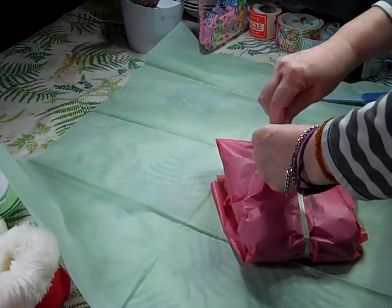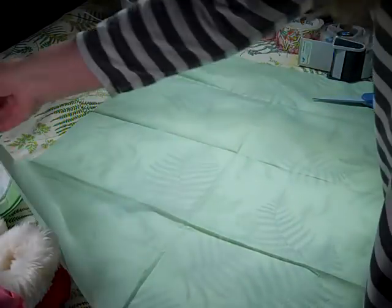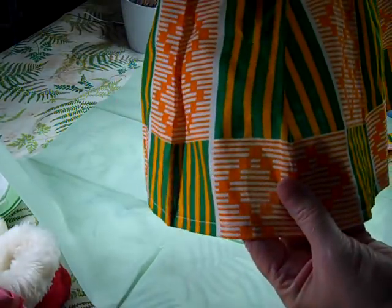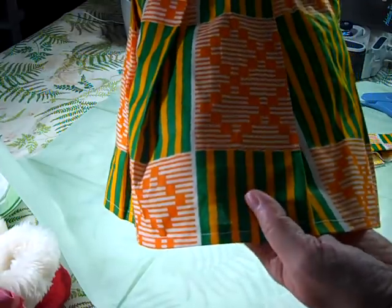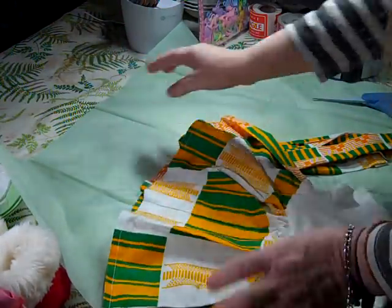Because I did contemplate sending her home in the next outfit I'm going to wrap, which is her little traditional outfit. I ordered this. The top is a Gerber onesie, and then the bottom is actually a full onesie under there, and it has had a skirt sewn on it. I believe this is Nigerian fabric. It's green and yellow, orange and white. And I love, love, love her in this because it has